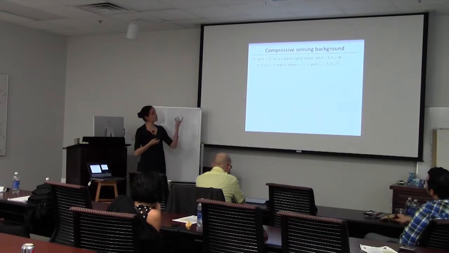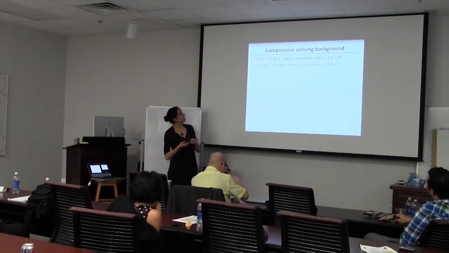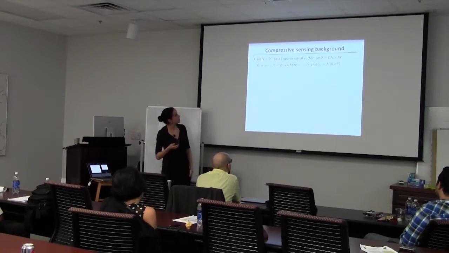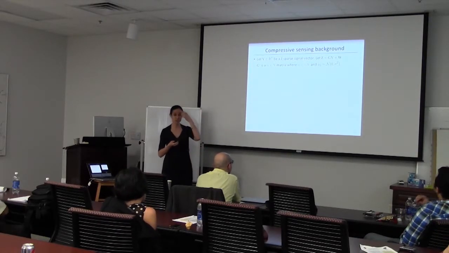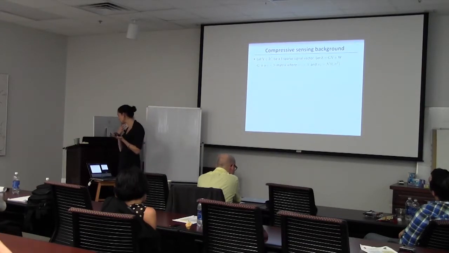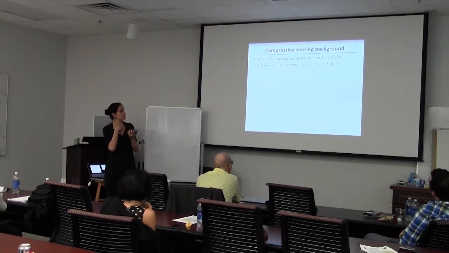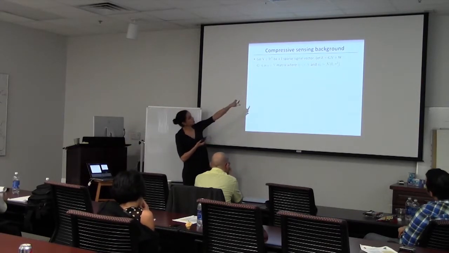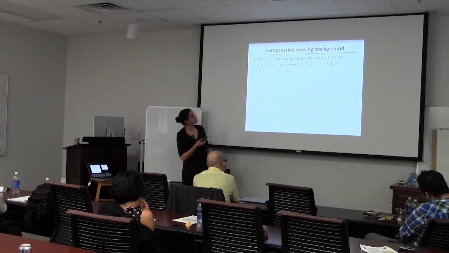So I have a k-sparse signal vector, okay? Let me start by giving a little bit of background on compressive sensing. Again, this is going to be extremely high level, and most people have seen this, I would say almost everybody has seen this in some guise or another. But the idea is that I have a k-sparse signal vector, and that k-sparse signal vector goes through some matrix